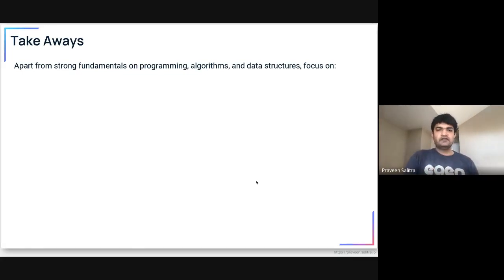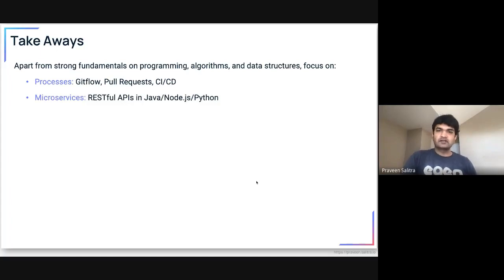Of course, the first thing is to get better at programming, algorithms, and data structures. Those are the concepts that you have to keep always improving. Apart from that, start thinking about how your code would work with someone else once you're in a team. If all of us are writing in the same repository, understand Git Flow, look into some tutorials over that. Understand what a pull request or PR is, CI/CD pipelines, Agile, Sprint, Scrum, and things like that. Those are the processes that you should be aware of, right?